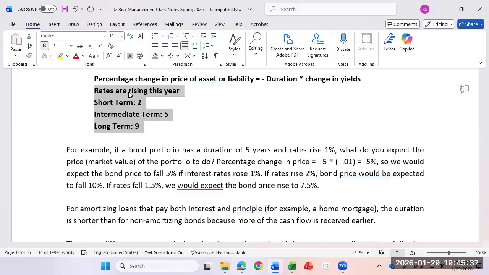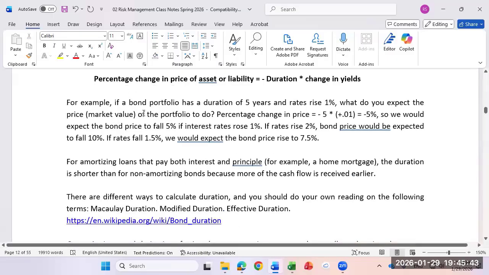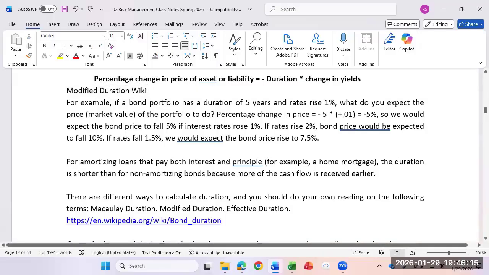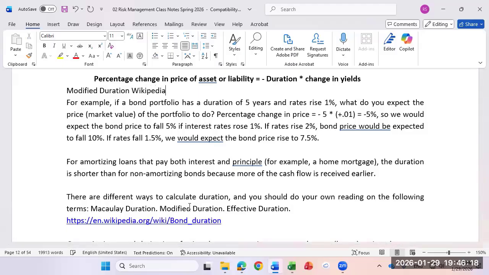Convexity to me is even cooler, but we don't have time to talk convexity in here. But it's an interesting concept. If you want to study this more, just type modified duration in Wikipedia, and Wikipedia does a really good job discussing duration and convexity. You can get everything you need in Wikipedia. I like Wikipedia better than Investopedia. Investopedia is a little too simplistic, so maybe you start with Investopedia, get the big picture, and then go to Wikipedia for the detail. If you do this, I don't know how to spell Wikipedia. I don't know if that's close, but